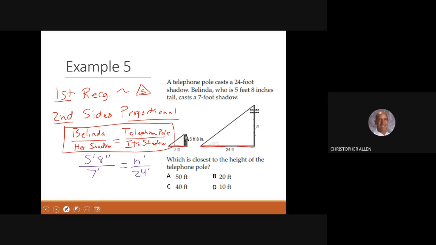Yep, it's exactly right, Alex. Guys, there's inches in this one. Everything else is in feet. So what we need to do is convert this. We got 2 options, guys. We can either convert everything to inches, or we can convert everything to feet. It's one or the other. And I'll be honest, I think for most students, this would probably be the easier route to go,